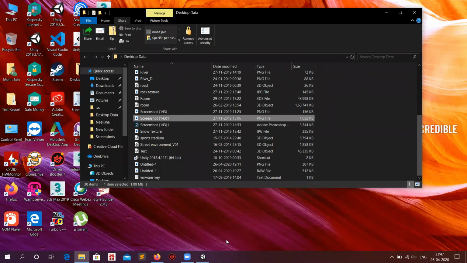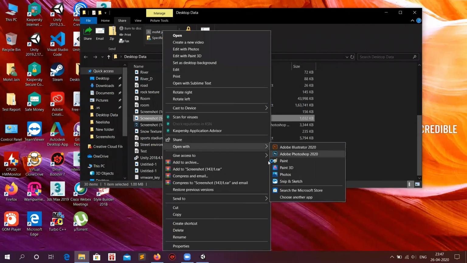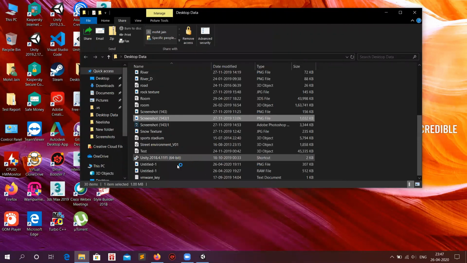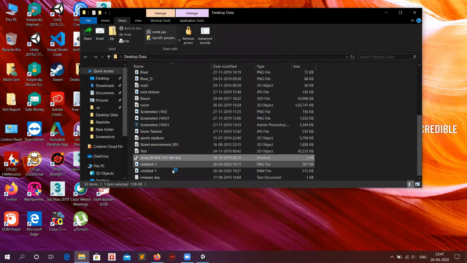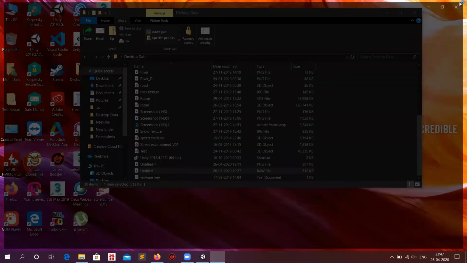And yeah, the Terrain tools do not take PNGs or JPGs, they take the raw image. So you need to convert this image into the raw format. For that purpose, we will be using Photoshop. And in Photoshop, I've already converted an image into the raw image.